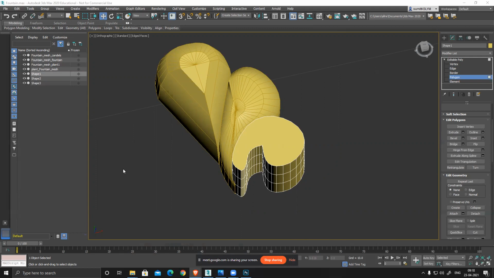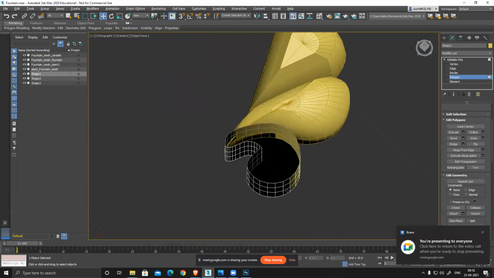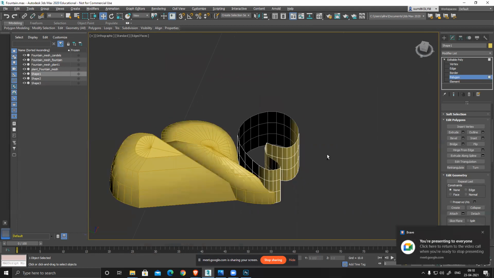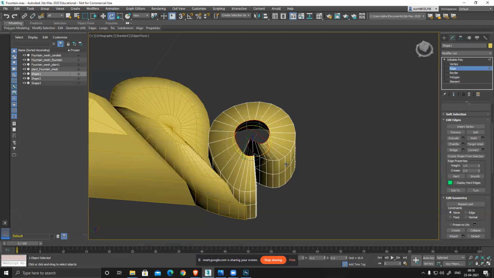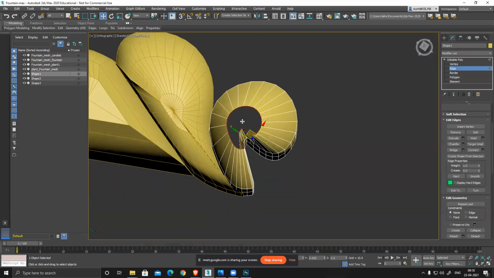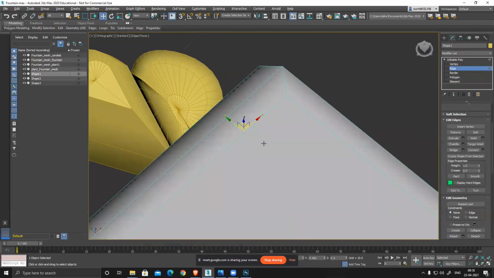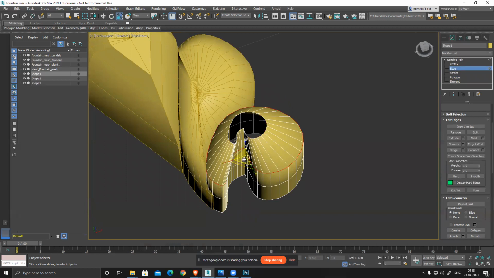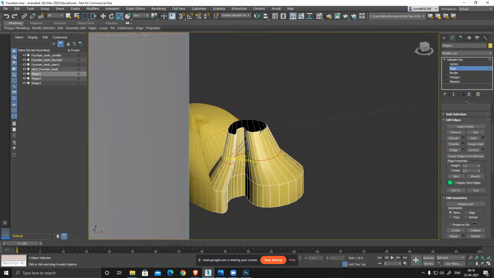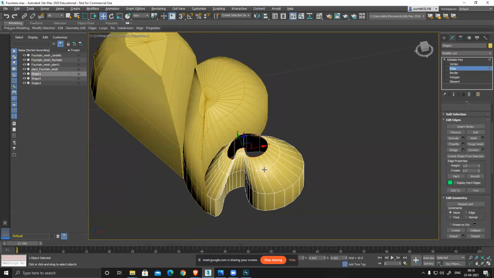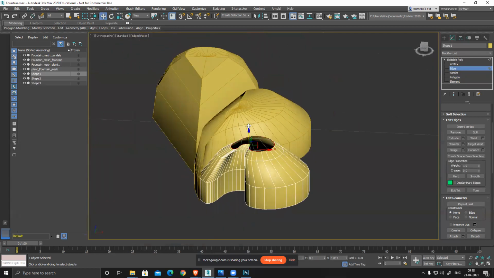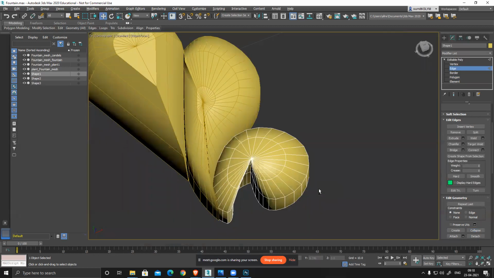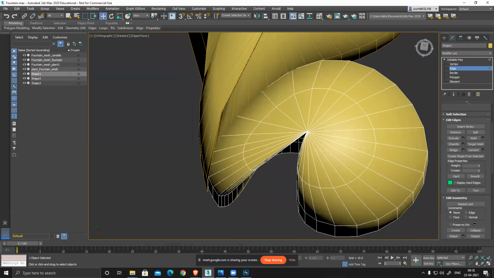Okay, let's start with this. Okay, delete. And now I need to optimize these corners.